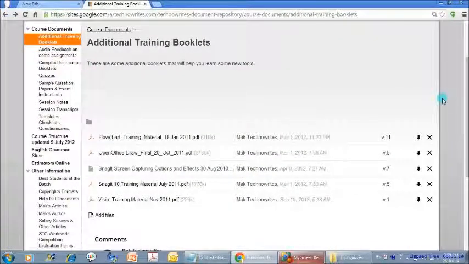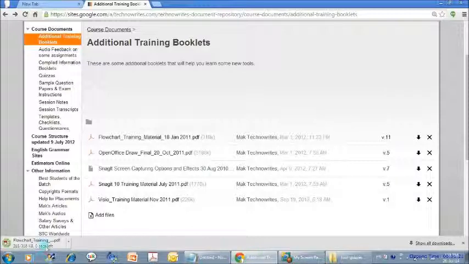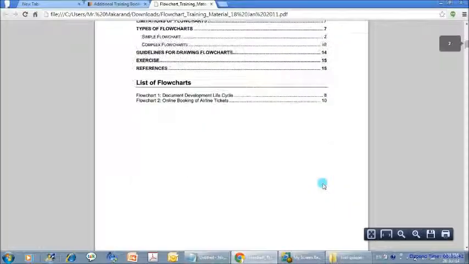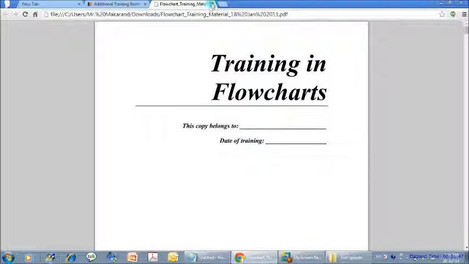So the file is extremely usable online, but then let's go back to the doc repository page and see if we can download the file. So to download the file, you just have to click on this arrow here. So click on the arrow button and you will see that your file starts getting downloaded. Once it is downloaded, you can click on the file and you can open it. The downloaded file is available to you offline, which means now the file gets stored onto your PC. So this is a downloaded file, the same file that we have got downloaded now. So likewise, you can download all the files from the doc repository.